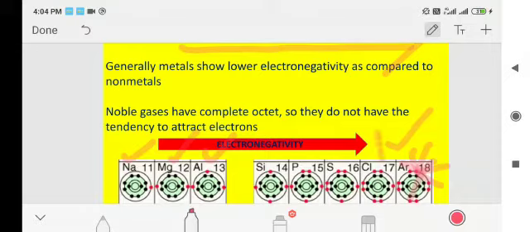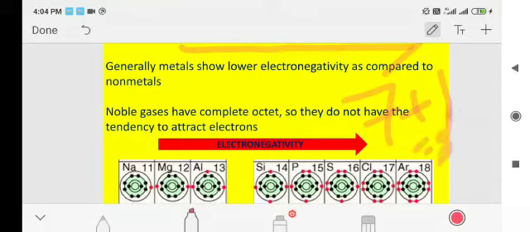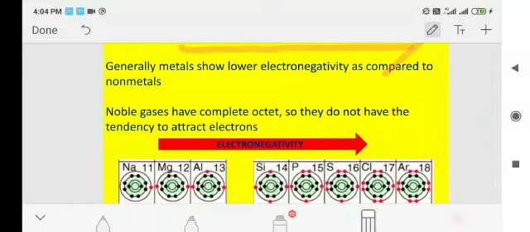Just see the extreme last case, chlorine. Chlorine has 7 valence electrons. If an atom has 7 valence electrons, it needs only one more electron to become stable, that means to get 8 electrons. So this chlorine is considered more non-metallic. If an atom is more non-metallic, it is considered more electronegative, because it can easily gain electrons. So across a period, electronegativity always increases. Okay, remember that point.